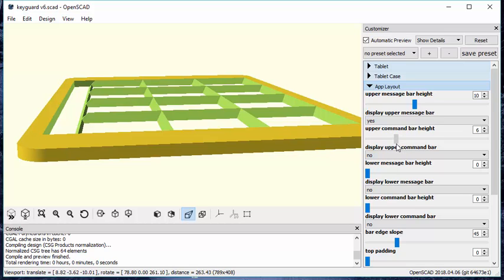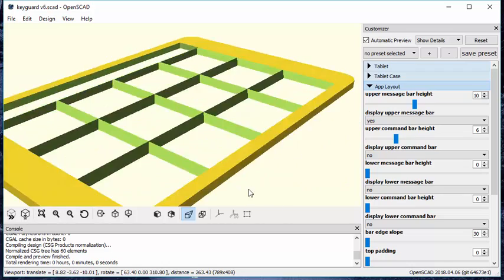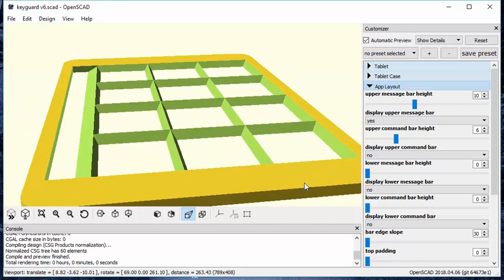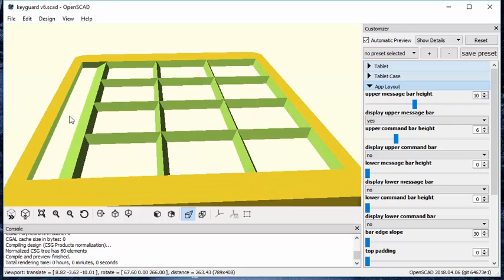In this case, I think six millimeters was plenty. The shallower the slope, the more you're going to find that you need to have set aside here, or you're going to end up cutting into something. So if I set this at 30 degrees, actually I'm still doing pretty well here. I think it's still coming to just about the center of this horizontal rail. Horizontal if I hold the key guard this way. But just to show you how one could eat into the sides of the